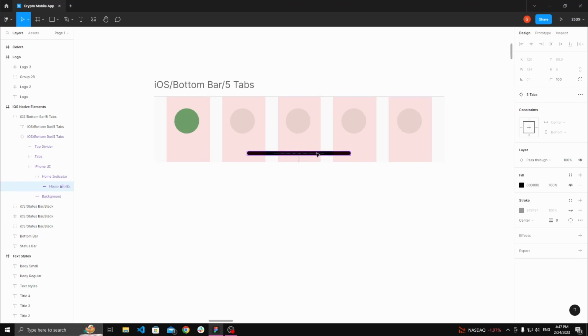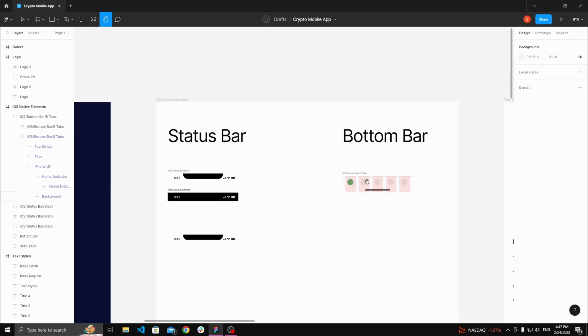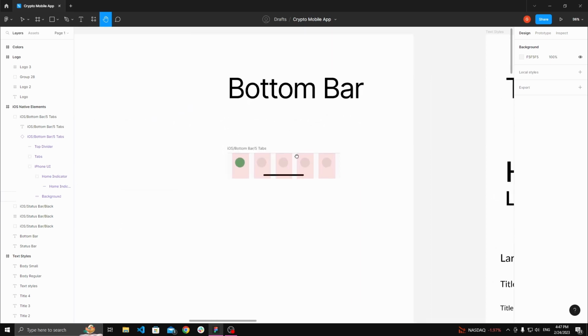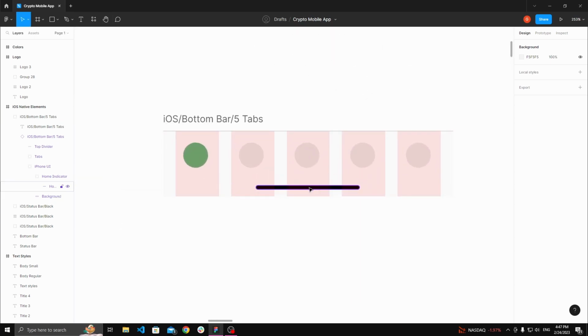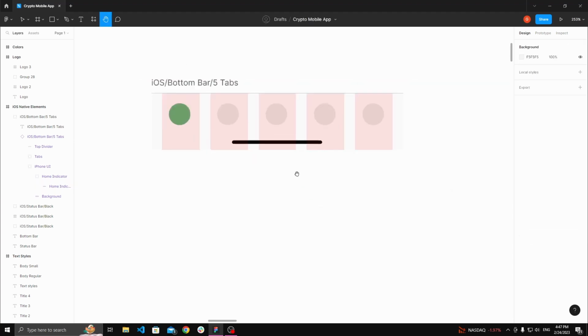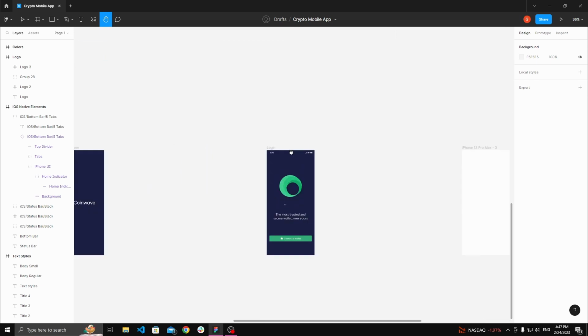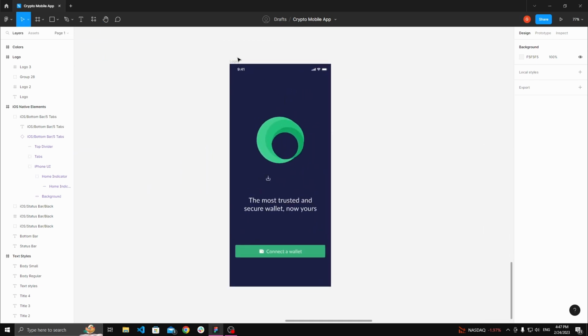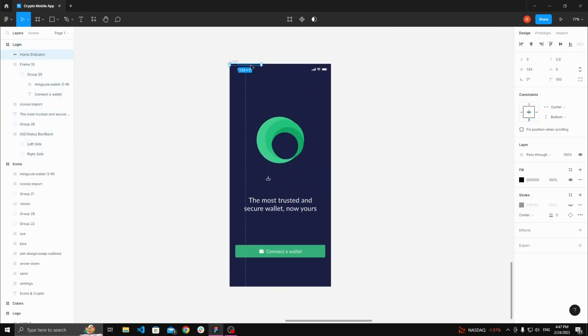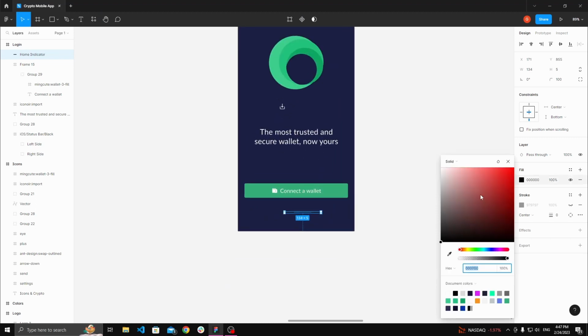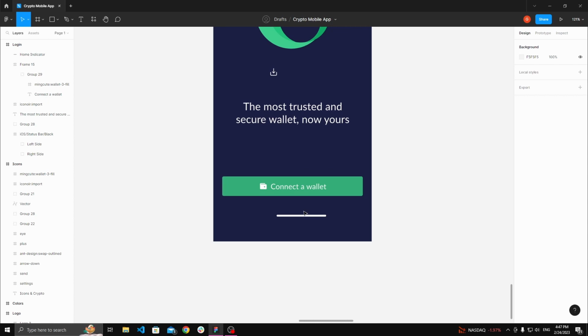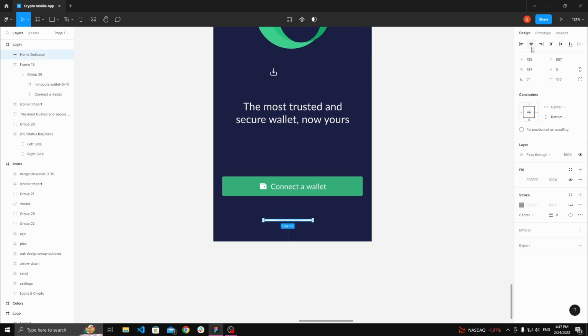Make sure to go to the iOS native elements frame, hold Control, select this and copy it. Go back to your login frame, select it and just paste it, and here we go. We have it. Make sure to change the color to white, align it to center, and you're going to give it a